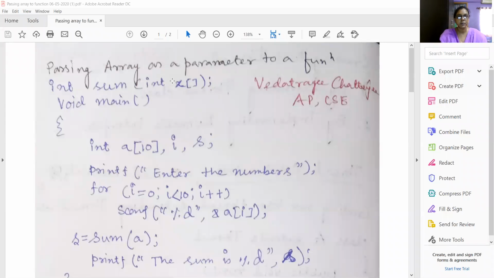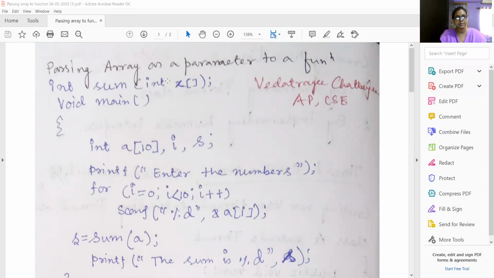So for that, we will share the screen. This is the prototype of the function. It should be written before main to make the compiler aware that the function called within main is actually defined after main.